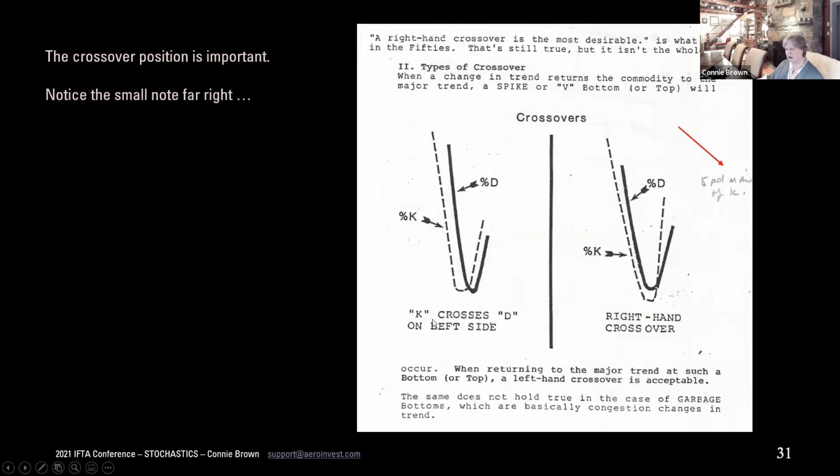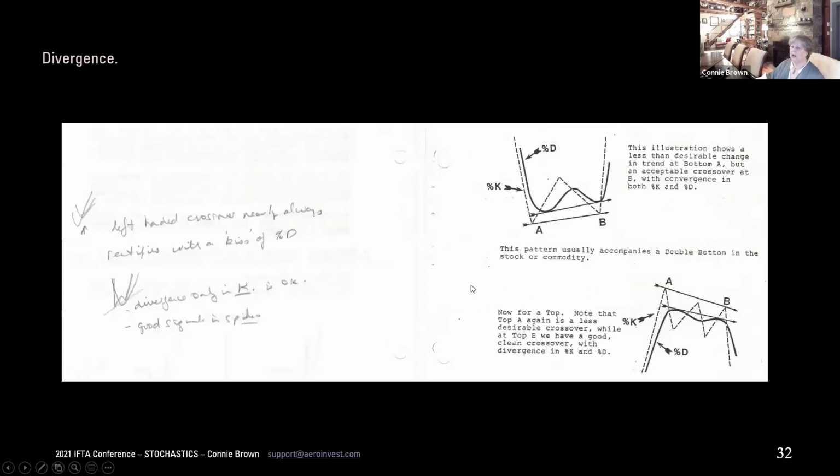He also talks about the crossover of percentage K, percentage D, and if you're on the left-hand side versus the right-hand side, and usually it rectifies itself as a second test if it only crossed on the left-hand side. What also does that probably mean as you study with volume is that was higher volume and this would be lower volume. Here you've got divergence, but he also says that divergence in just percentage K is okay. Some of his trading charts, what he calls divergence, is not going to be a classic sloping angle. You're going to have to really study those very closely.